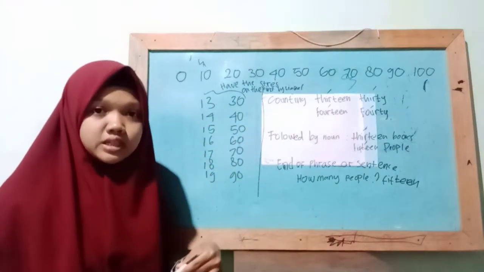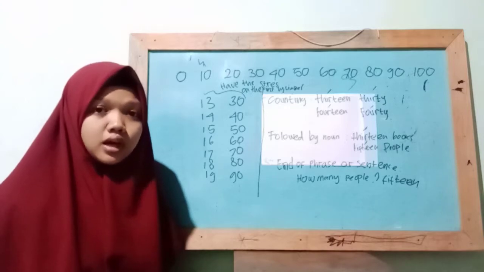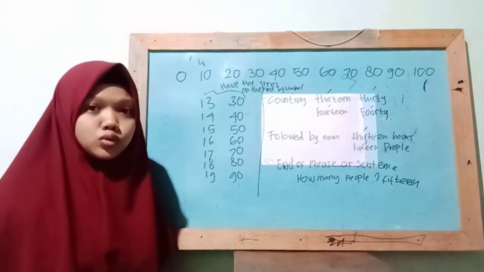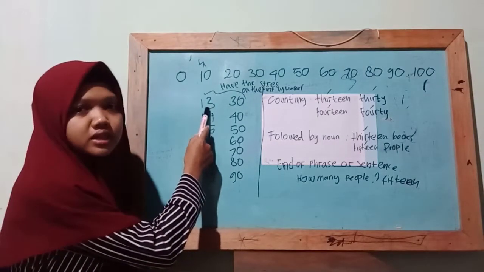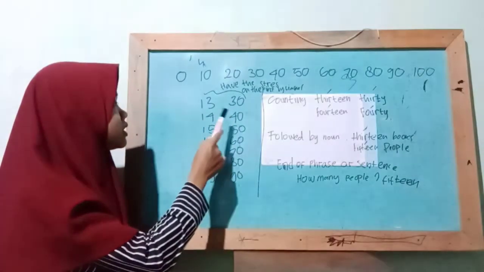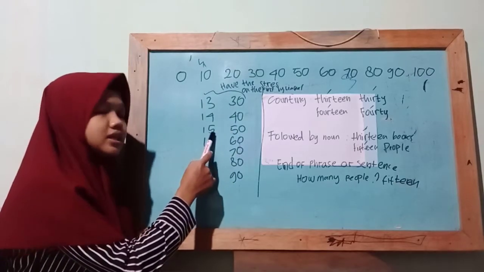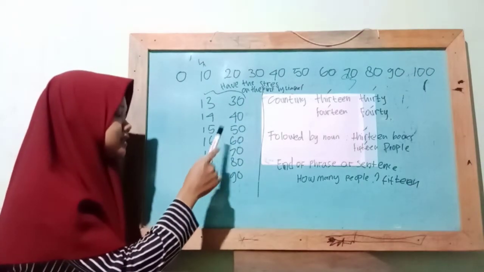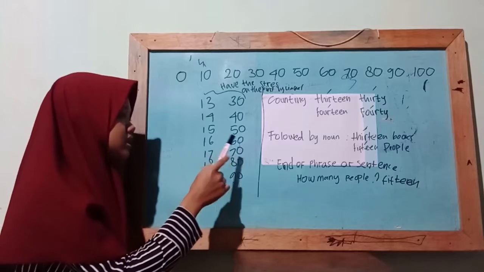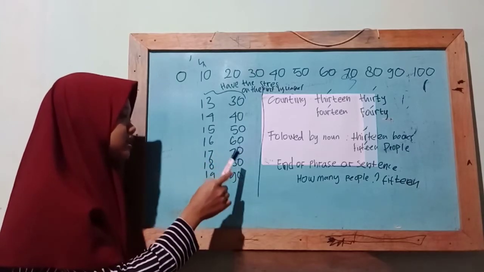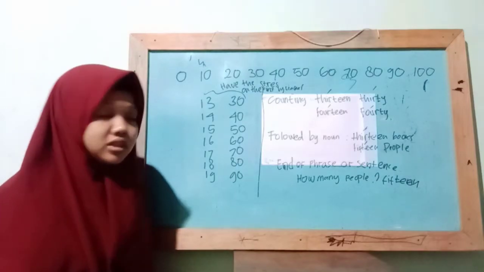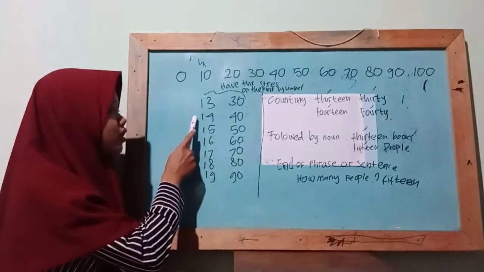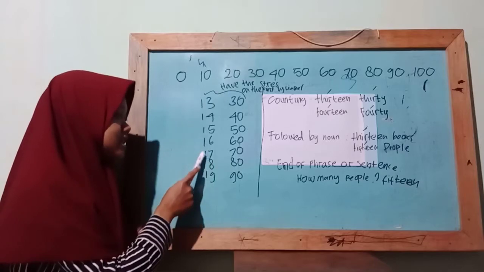They sound very similar. So let me read this to you. 13, 30, 14, 40, 15, 50, 16, 60, 17, 70, 18, 80, 19, 90. If I count them down, 13, 14, 15, 16, 17, 18,